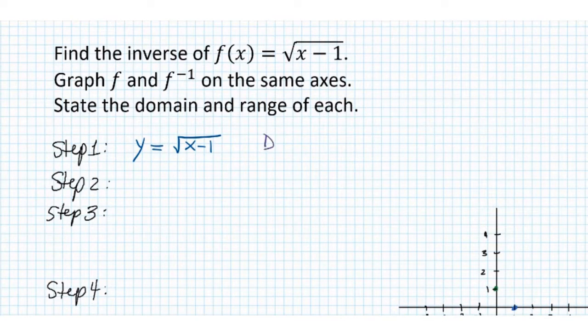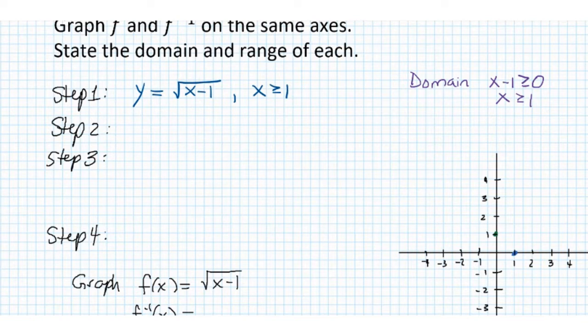If you want to find the domain of a square root function, all you have to do is take whatever's under the radical, called the radicand, and solve the inequality greater than or equal to 0. So in this case, we want x minus 1 to be positive or 0, and that's going to happen, adding 1 to both sides, when x is greater than or equal to 1. Okay, so as I work through this problem, I'm going to keep that in mind. I'm going to actually make a note of that here